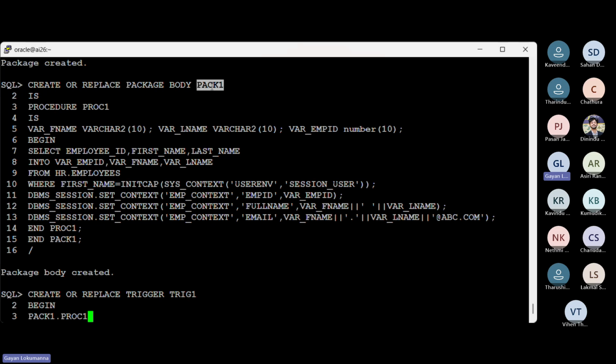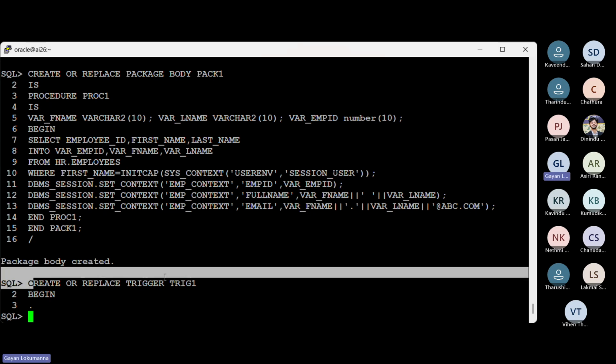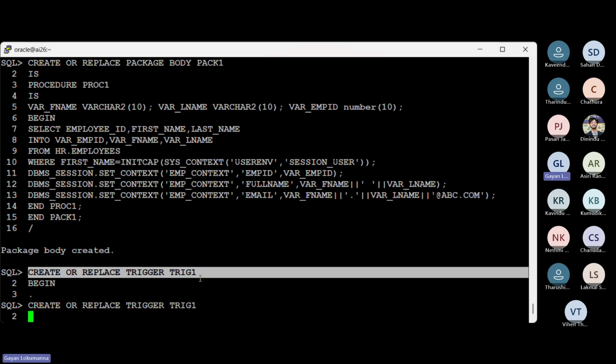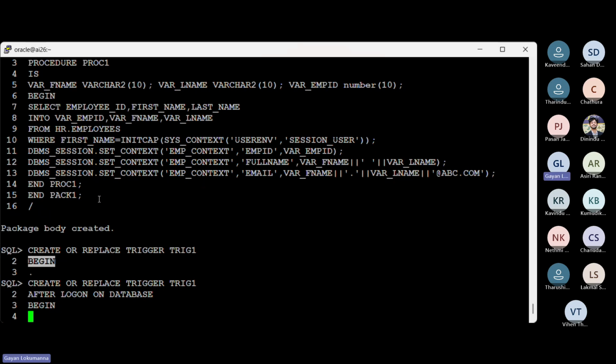So that's the procedure that we have to run as well. Sorry, again, I think I made a mistake here. Always the triggers should fire on a particular triggering activity. So after logon on database, then we'll begin, and then we'll run